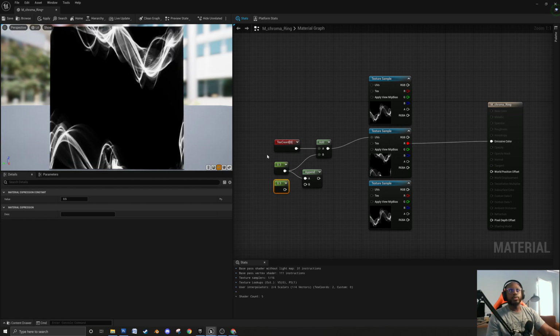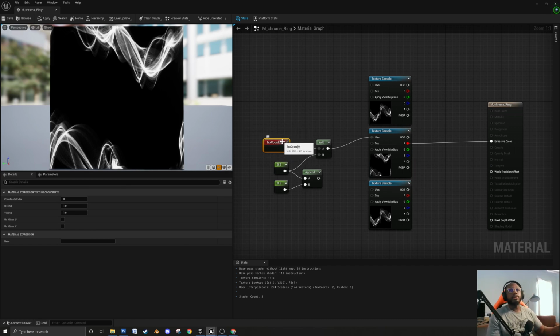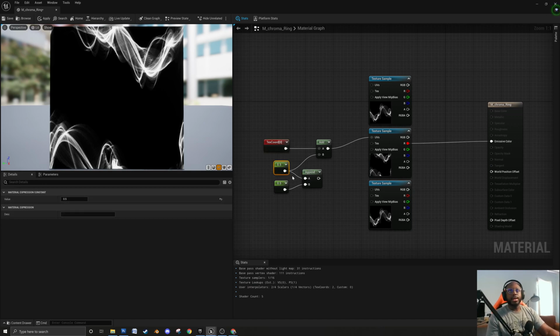And if we want to add to the texture coordinates separately, we get a vector 2, and we'll get individual values for x and y, just like the texture coordinates are constructed of x and y data. And then we could add those together separately. So A, in terms of this append turning into a vector 2, would be the x coordinate, and B would be the y coordinate. So if I only wanted to move it left and right, I could add to the x and add 0 to the y, and that